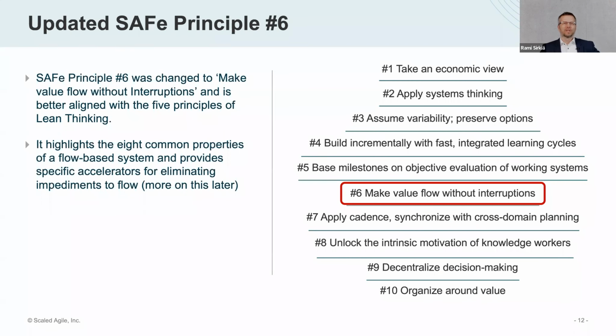Small update to principle number 6. You remember that it used to talk about the visualization. It talked about the queue, batch size and the WIP limit. Now it's been made more broad and more comprehensive to respect the value in altogether. And we will come back to that. Like I said, it's heavily focused, so it's not limited to those mentioned old items only, but a much broader definition.